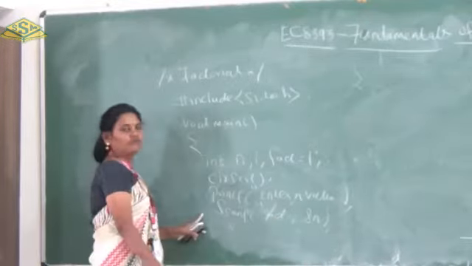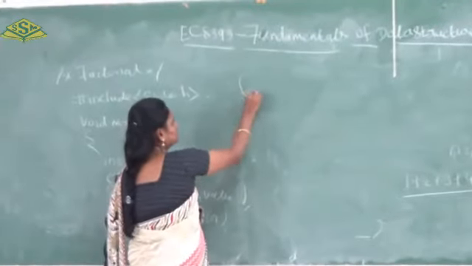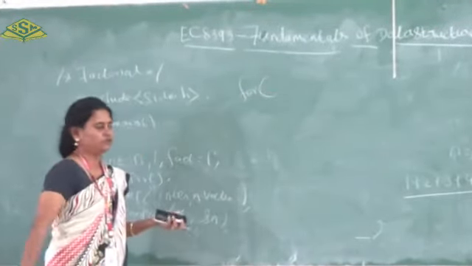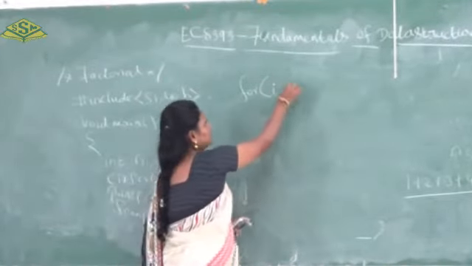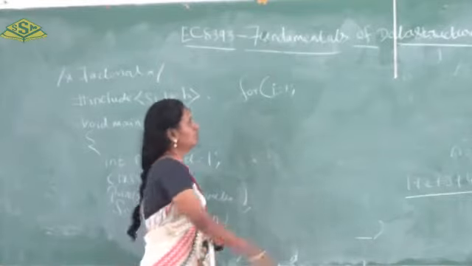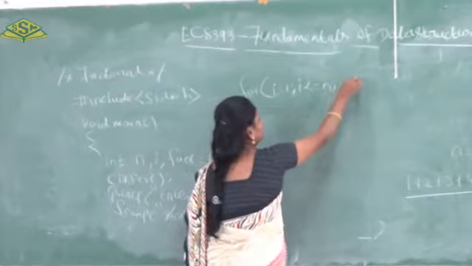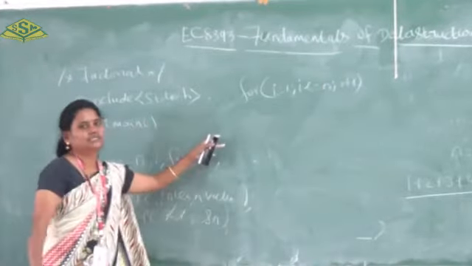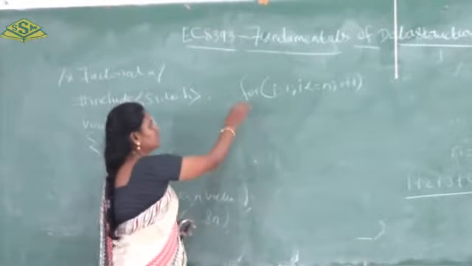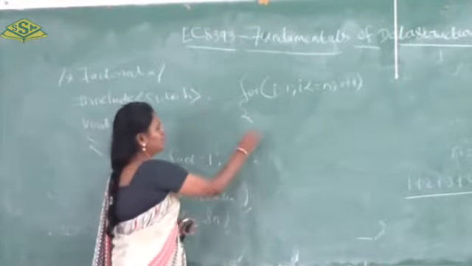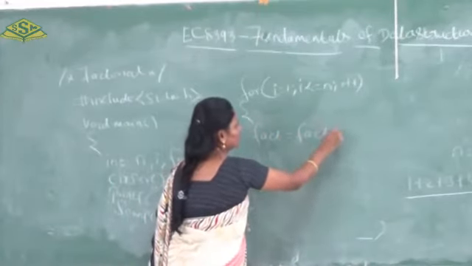Here I am going to use the for loop. In the for loop, the first part is to initialize the value, so I start with i is equal to 1. Then it should be separated with a semicolon. Then I put the condition i is less than or equal to n. Then i plus plus. It is also a conditional statement, so it should not end with the semicolon. After the conditional statement, we have to start with the curly brace. Then I have to use the formula fact is equal to fact star i.